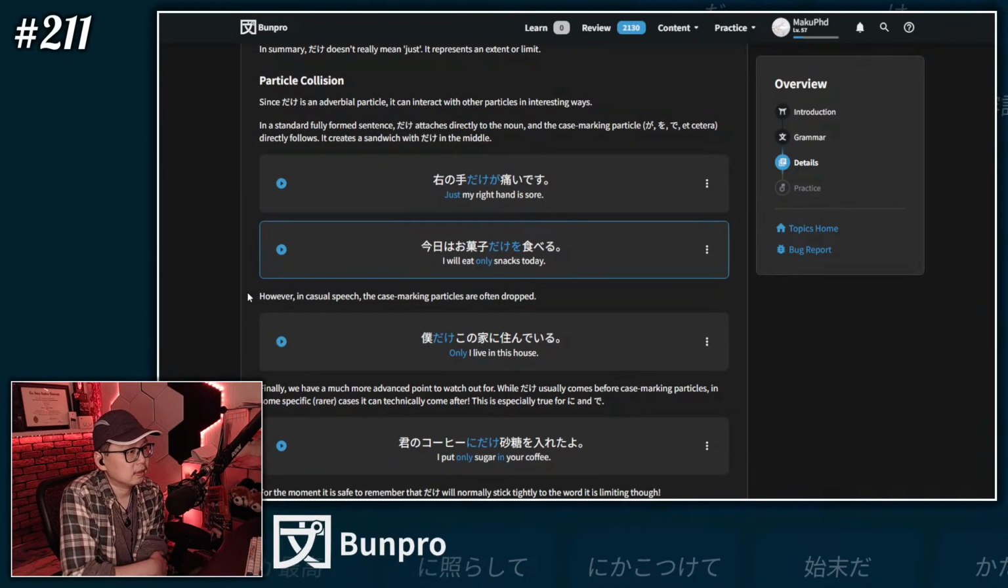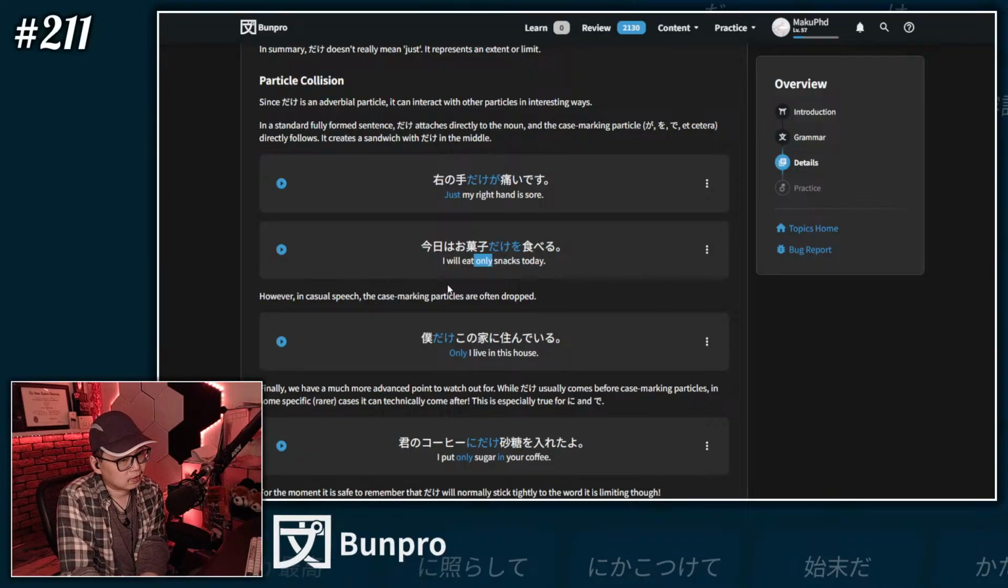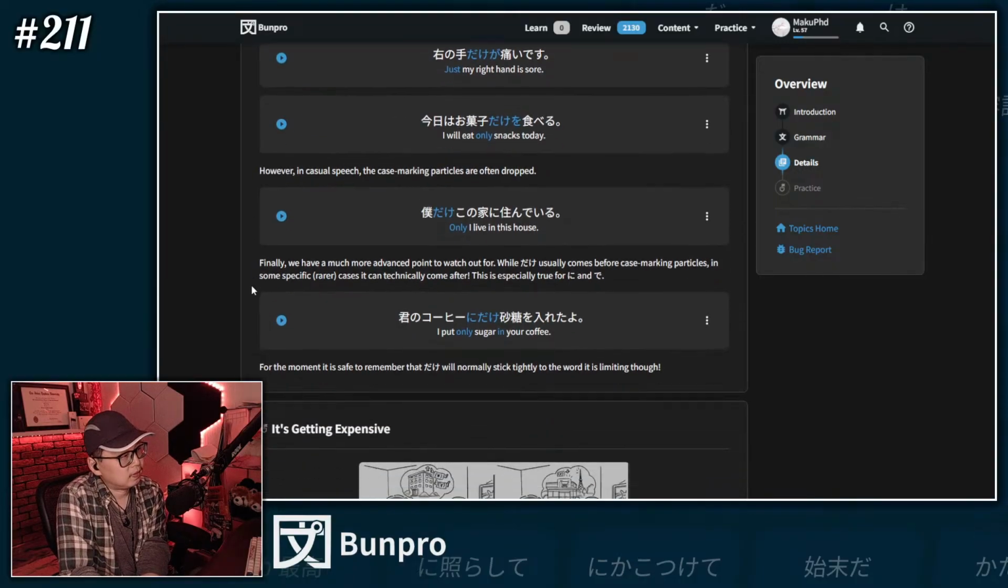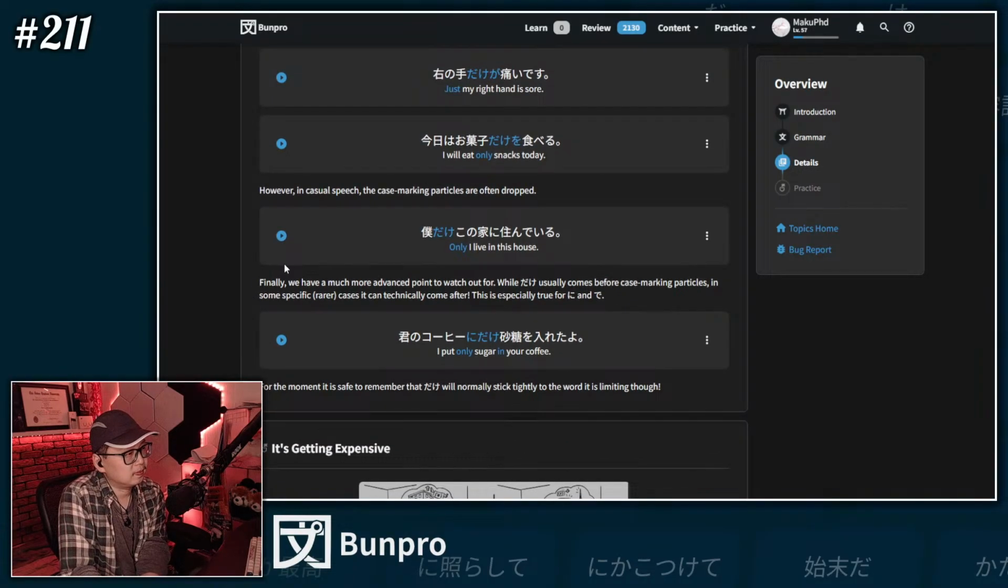今日はお菓子だけを食べる。So only is a nice word, right? Or I will eat just snacks today. Still just. However, in casual speech, the case marking particles are often dropped. Oh, is that why I don't really hear it too often? 僕だけこの家に住んでいる。